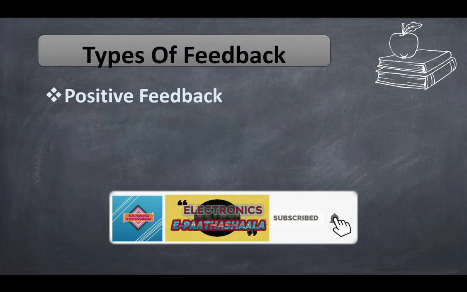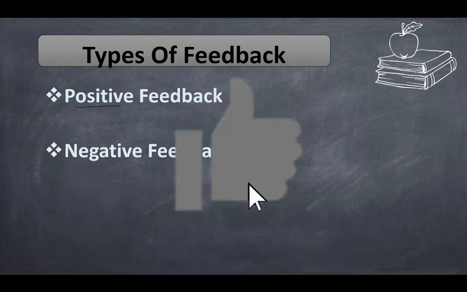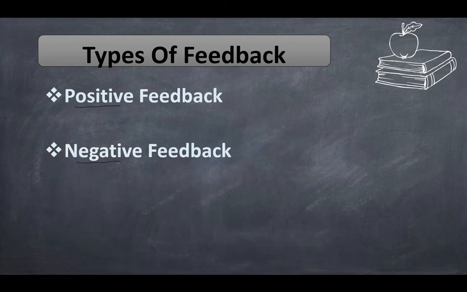Next, types of feedback. There are two types. One is positive, another is negative. You know, even in normal life we want suggestions, feedbacks for any work if we do. Why do we need feedback? Just to know whether our work is proper, people are appreciating it, or they're expecting something else from that. For example, if a movie is released, they want the feedback. Is this movie catching the audience, or anything is lagging, something like that? They will improve it in the next one.